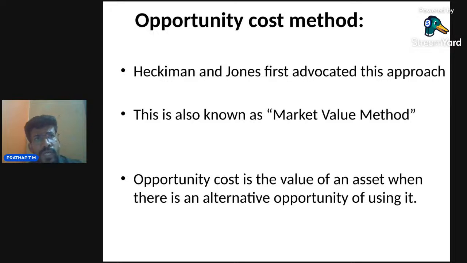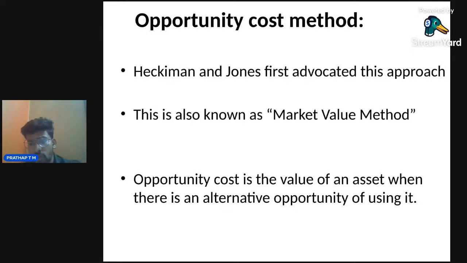If you look at the first two methods, the historical cost method and the replacement cost method, if an individual works in a single designation or performs in only one department, we can easily determine the value of that person. But think about a CEO or a manager, those kinds of employees who work in more than one place. In those cases we are not able to use those methods. For that reason we have the opportunity cost method, which determines the value of